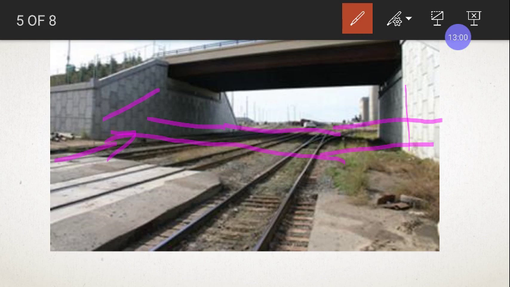To avoid this conflict between the roads and the rails, what we could do is construct a bridge like this, so that we don't have conflict points or interference between each other.